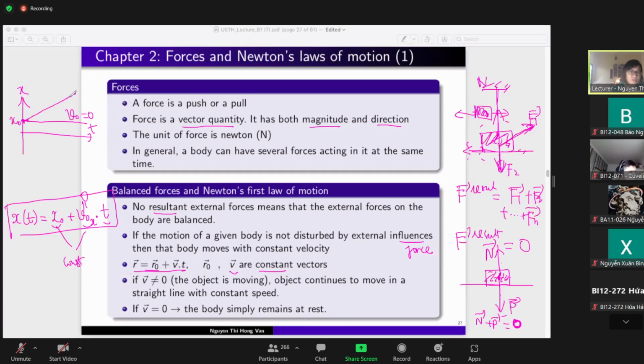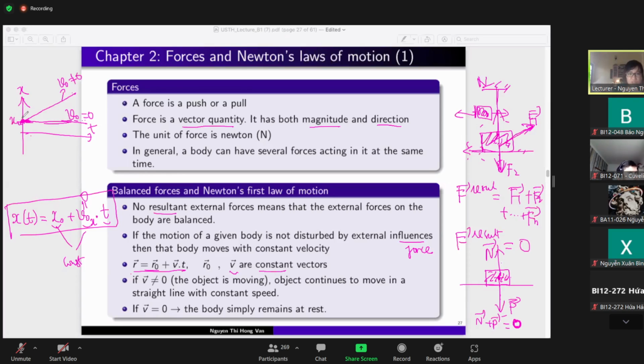V0 equal to 0. So in this case, V0 is not 0. Okay, you have a straight line. Also a straight line, but this straight line with 0 velocity doesn't move, it's at rest. So the line here is parallel to the horizontal t axis, to keep the displacement unchanged during the motion. Okay,